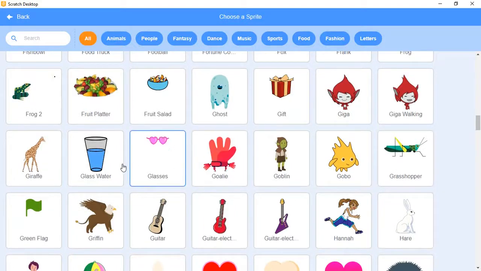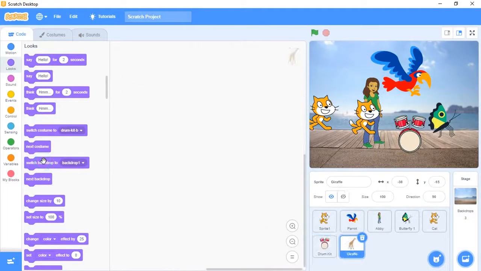Now select some useful sprite. You will be adding a sound to this sprite.